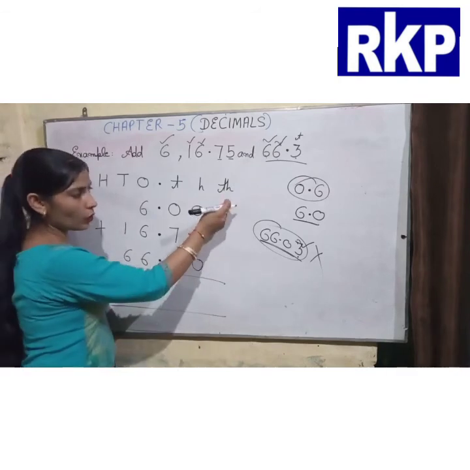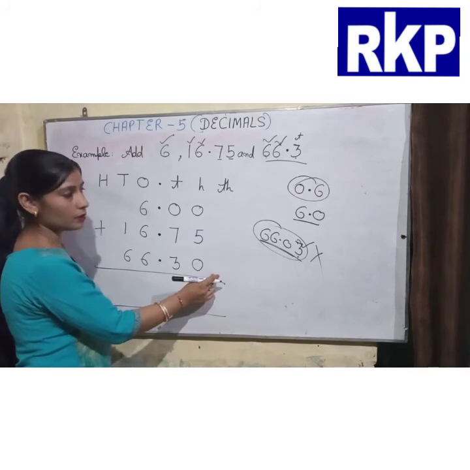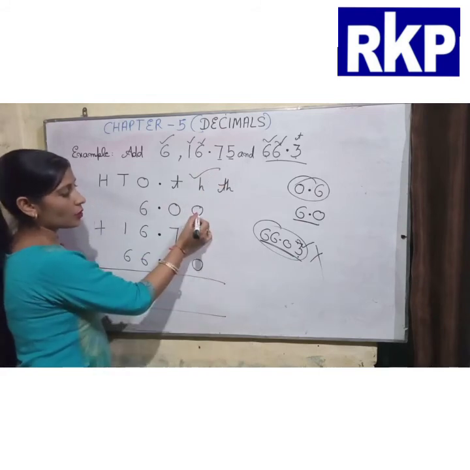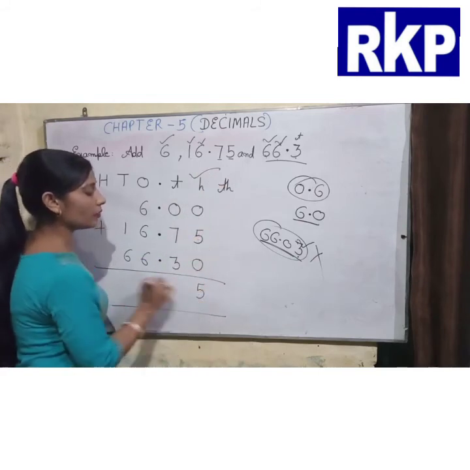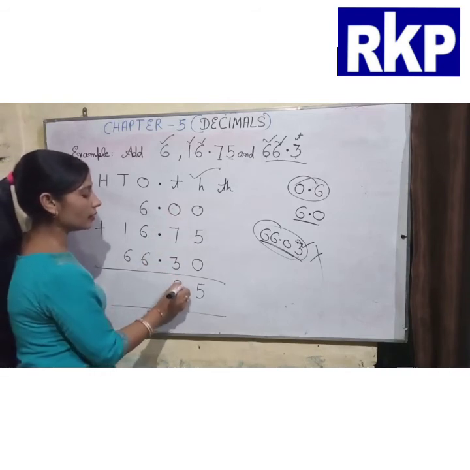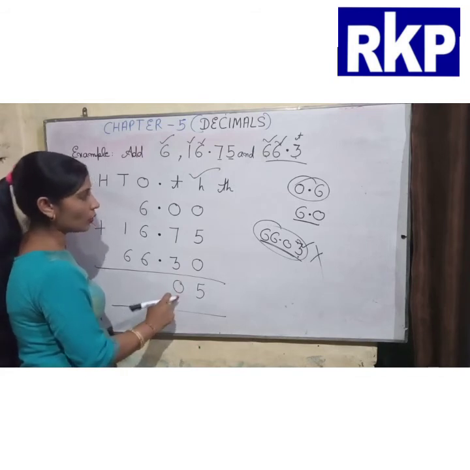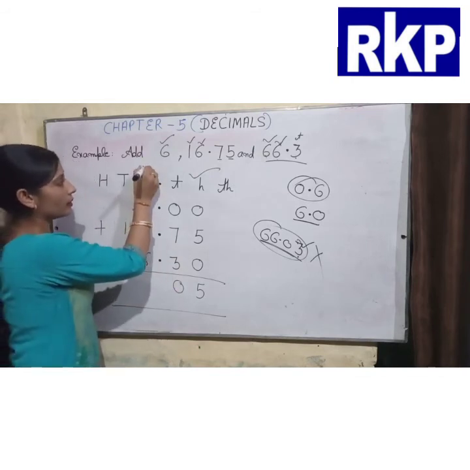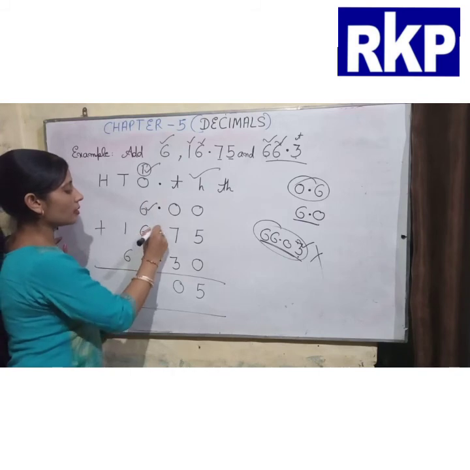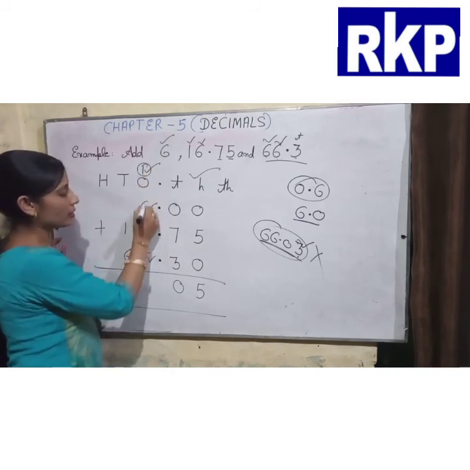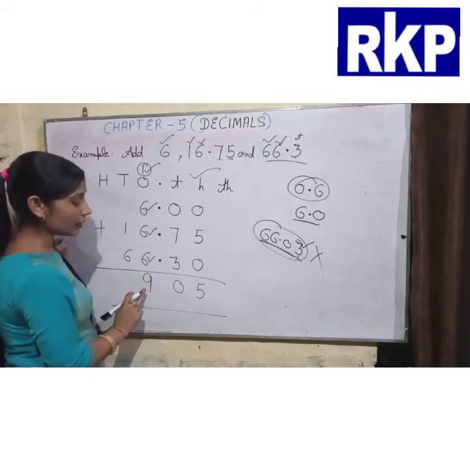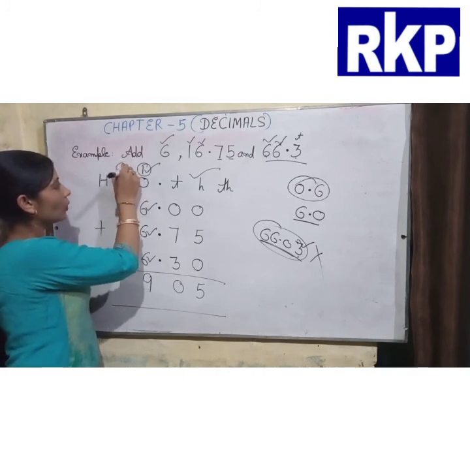Now we have to add. Now we don't have any digit in tens column, so no need to add. है ही नहीं बेटा कुछ भी यहाँ पे. So start from here. 0 and 5 and 0, only 5. Here we have 0, 7 and 3. 7 and 3, 10. So here we have to write 0 and 1 will be carry here. Okay. Now we have to add 1, 6, 6 and 6. So when we add these numbers, we will get 19. Okay. So we have to write 9 here and 1 will carry over here.